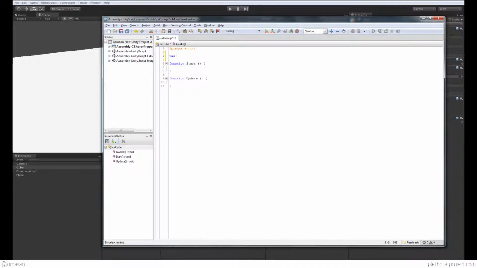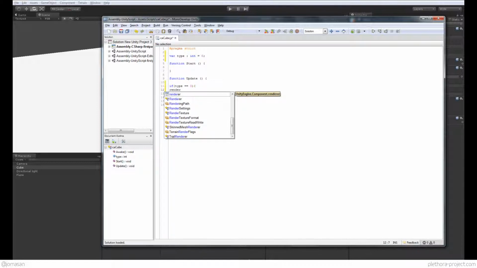So let's go ahead and do a variable called type. We're going to type integer. That's going to be 0, right? Basically this type is going to determine the color of the object, and also, well, the state of the CA, right? But for now, we're going to just look at it changing color. So let's do something like if type equals 0, right? So if it's 0, let's do something like